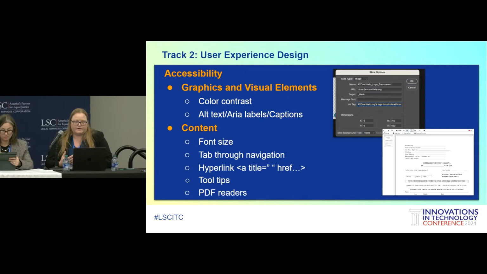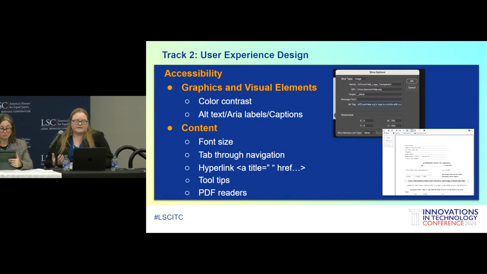One of the things we focus on, especially with this site, was color contrast. Adobe Color has a great tool where you can test your color contrast. It's free, to make sure that your font has enough contrast with the background, and if you are using color blocks, do those hyperlinks stand out?